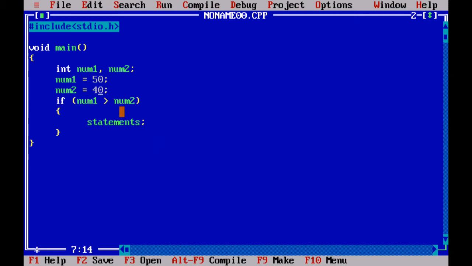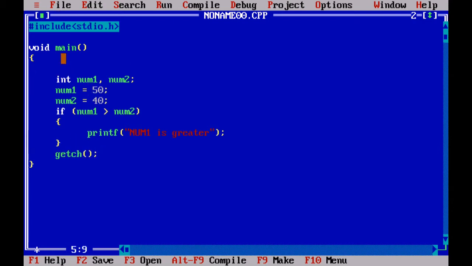If num1 is greater than num2, we will just print it. printf num1 is greater, semicolon, and I will give the getch, and let me clear the output screen. To clear the output screen we will use clrscr, a function to clear the screen.